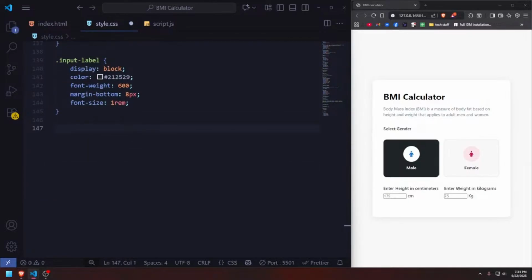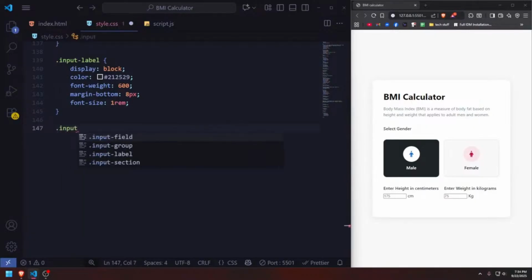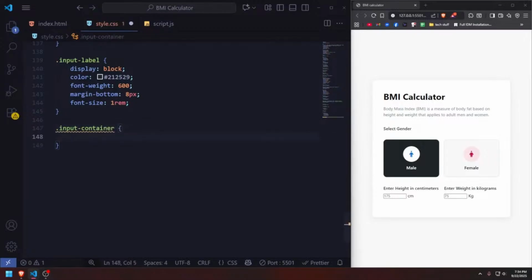Now next thing I need to do is set the input. So that will be input container, doing position set to relative,